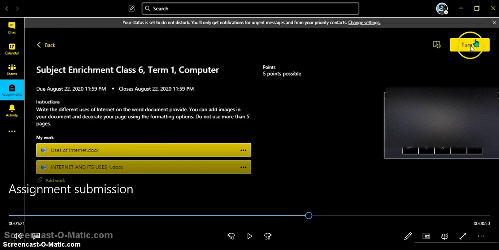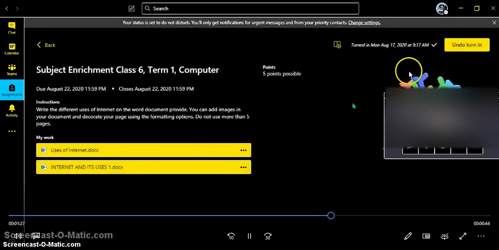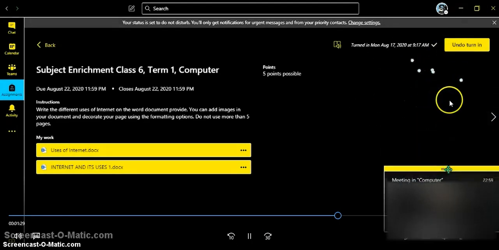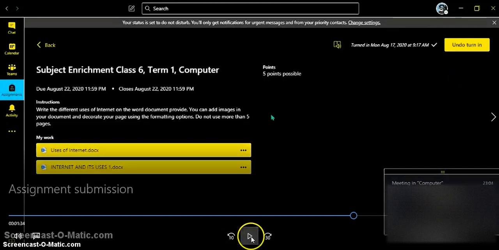Now for submission you have to click on this turn in button. As soon as you turn in, some symbol appears, and if you want that you have wrongly added something or you have missed something, you just have to click on this undo turn in button.